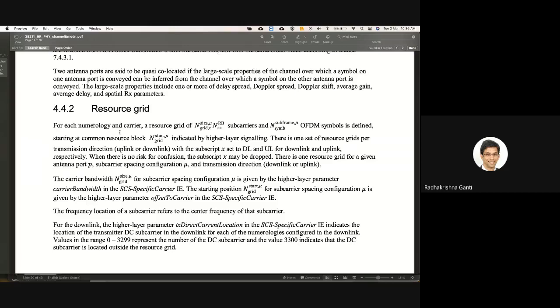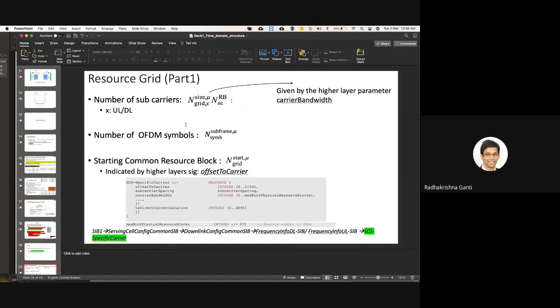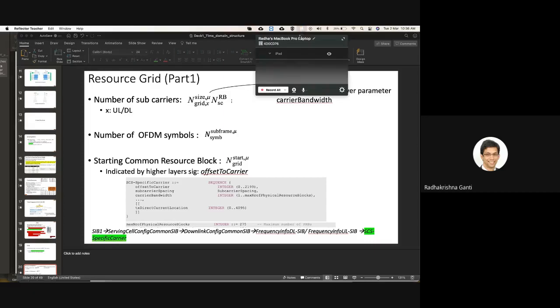Okay. For each numerology and a carrier, a resource grid of N grid size times number of subcarriers per resource block subcarriers and number of symbols per subframe OFDM symbols is defined. So what they are saying is, I just summarized this. They define a resource grid like this. There's a grid size. I'll tell you what the grid size is and the number of subcarriers per resource block. I didn't tell you what a resource block is, but the grid is divided into resource blocks, and the number of resource blocks is denoted by grid size. And the number of OFDM symbols in a subframe forms a time axis. Okay, so just to plot it,